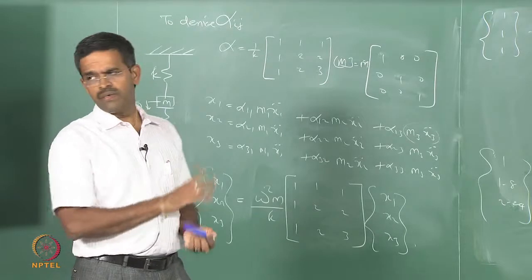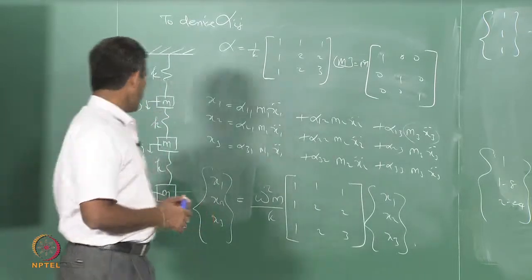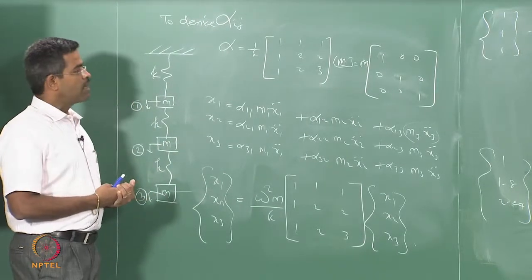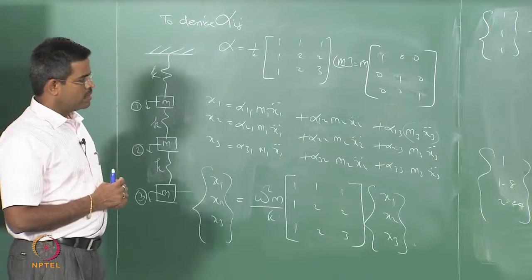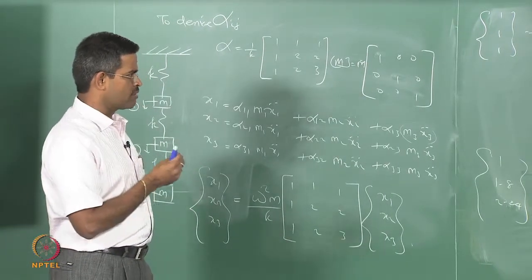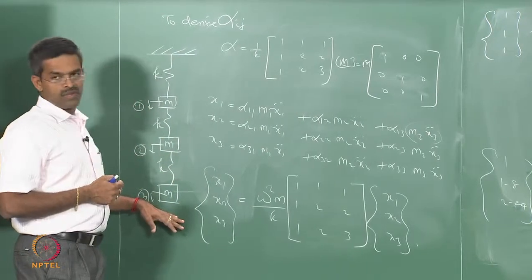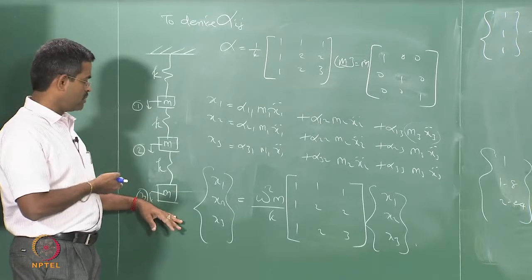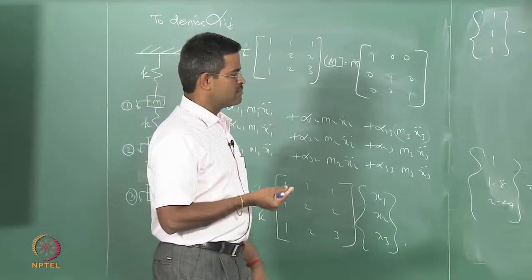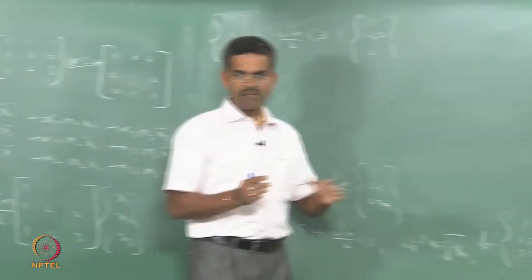Any doubt for anybody in these particular algorithms, all the 3? You must practice the problems by taking more spring mass systems and note down how much time you take. On an average you should not exceed about 10 to 15 minutes to solve a single problem if you have been asked to solve all the 3 mode shapes and frequencies in the influence coefficient method, or a maximum of 5 to 7 minutes by hand if you want to find out only the fundamental frequency and the mode shape. That is the time limit.